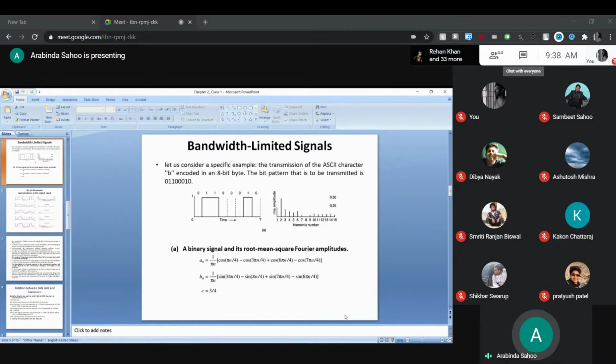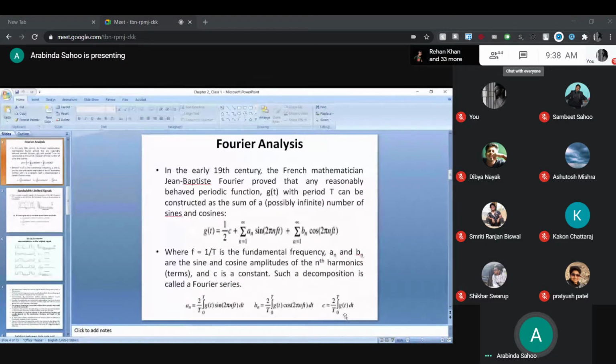So this is the use of the Fourier series, which is basically used to represent any periodic signal as the sum of an infinite number of sine and cosine terms. Once you represent the periodic signal as this mathematical expression, you can easily know the different frequency components associated with the signal, and the amplitude associated with each frequency component. So you can extract all this information.